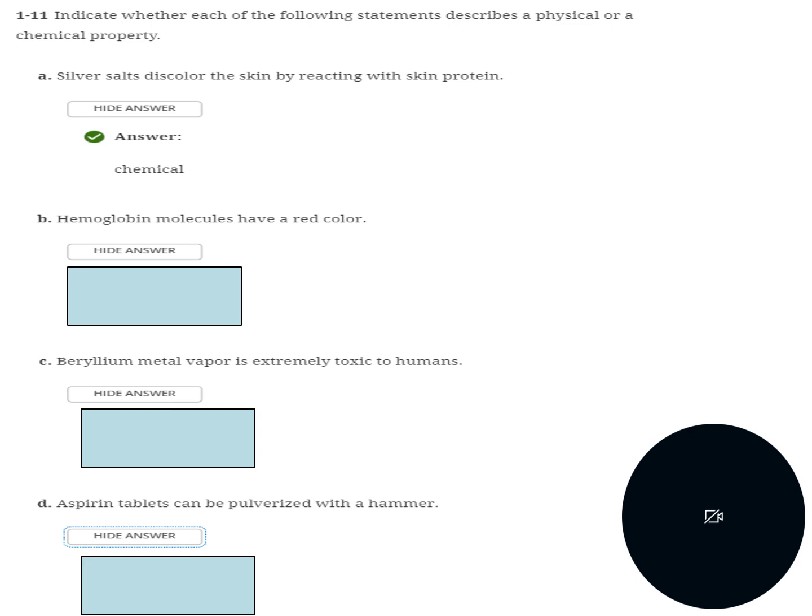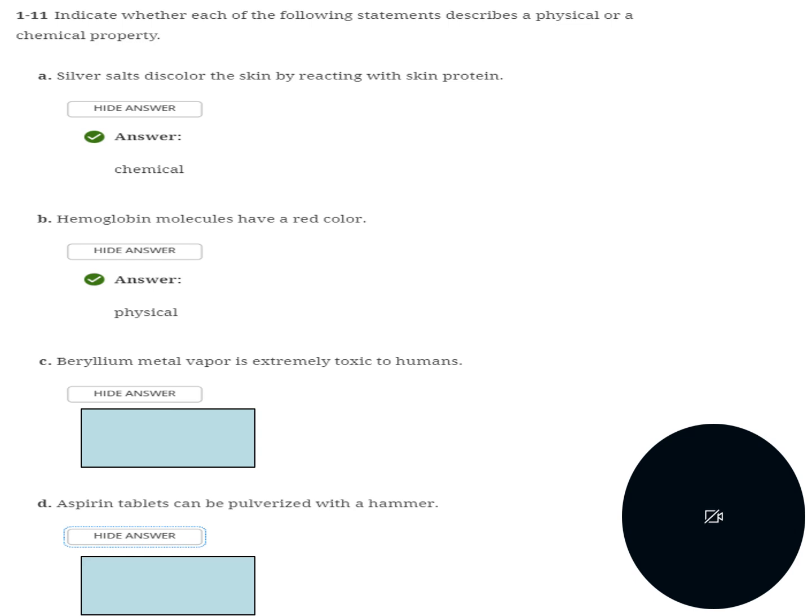Another learning check for you. Again, I know I repeat this often, but pause the video, see if you can answer these questions, and come back and see if you got them right. So we're going to indicate whether the following statements describe a physical or chemical property. For A, silver salt discolors the skin by reacting with skin proteins, and the key word here is reacting. So in this case, we would have a chemical